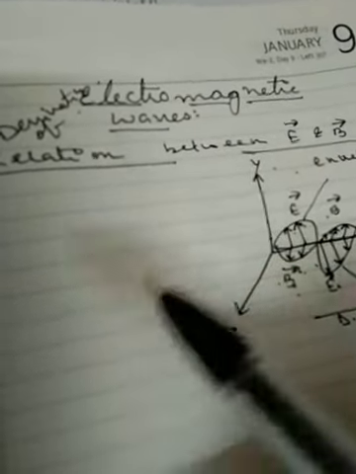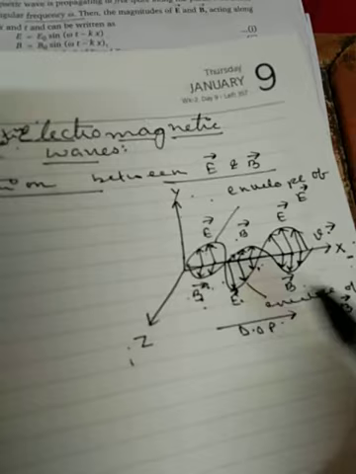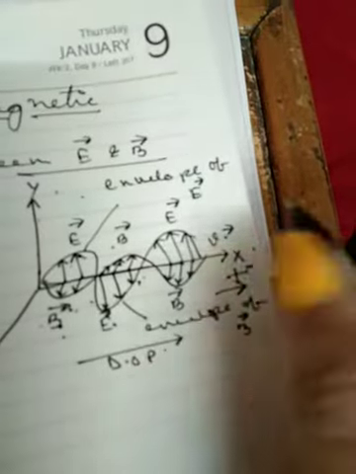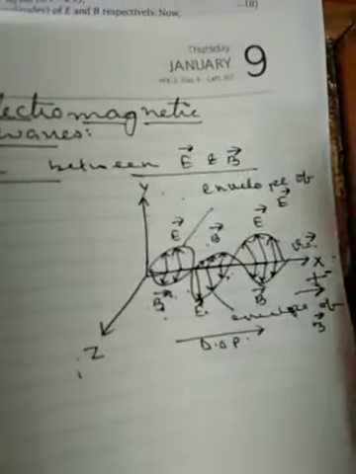Let us consider a sinusoidal electromagnetic wave. Let me consider this type of wave only. The electromagnetic wave is propagating in free space along the positive direction. What is the positive direction, students? This is the positive direction, that is along this direction, the velocity vector direction. So this type of wave is propagating along the positive direction, that is towards this way.